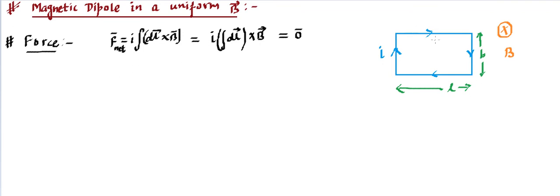Now if you look at the different branches, how will the force look? Let's say we name them. This is the 1 2 branch, this is the 2 to 3 segment or branch, and this is the 3 to 4 branch. We have talked about L cross B. You take this L, do the cross product with B, and you will find it's going to be in this direction, so that will be the force acting in this direction. In each of the other branches you will find a force as well. So we will say the net force is going to be 0. However, the forces are acting on each and every segment.